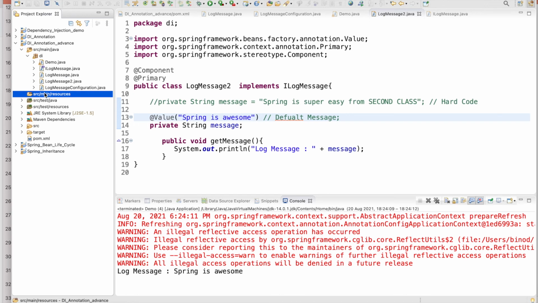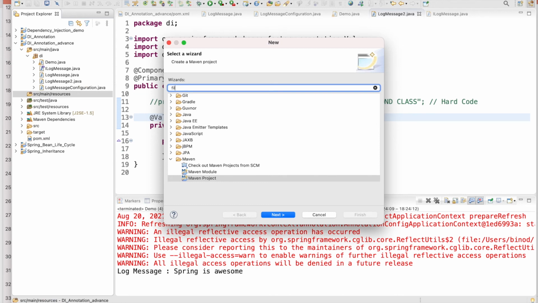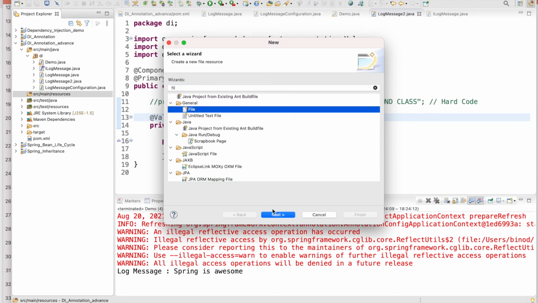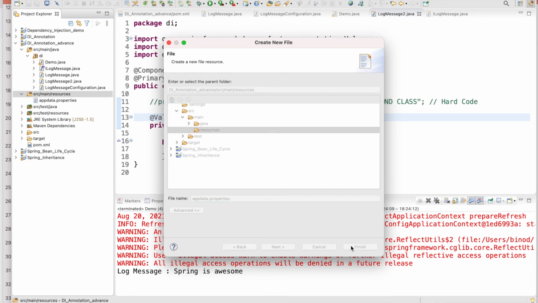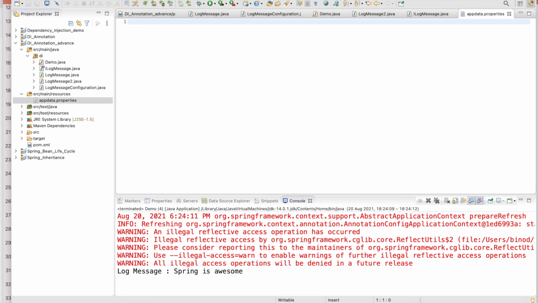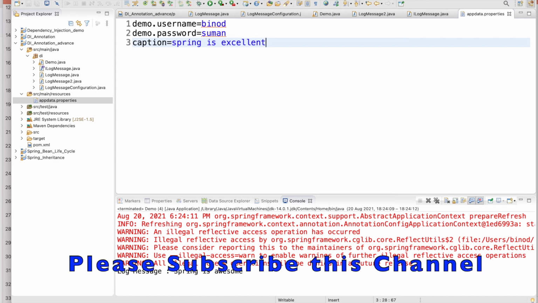So in this resource, you go make the new, and I will take the simple file and put the name, any name you can give, app data dot properties, right? And here you can give anything, whatever information you want. I need the username, password, whatever you want, you can give it. This is the properties file. I am just trying to explain in the Spring framework how you fetch the data from the properties file and push it into the code. So the intention is that.